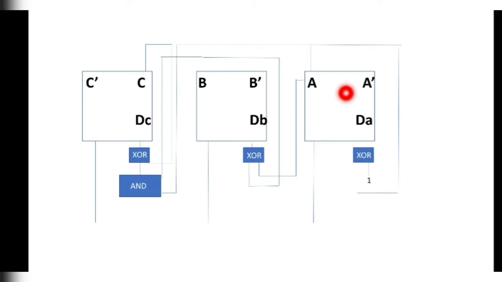So if you follow in that form, it works as a toggle flip flop, right? T flip flop. When DA is 1, this became 0. When DA is 0, this became 1. So the same procedure will happen here also, and the D flip flop works as a T flip flop. This was a synchronous counter.